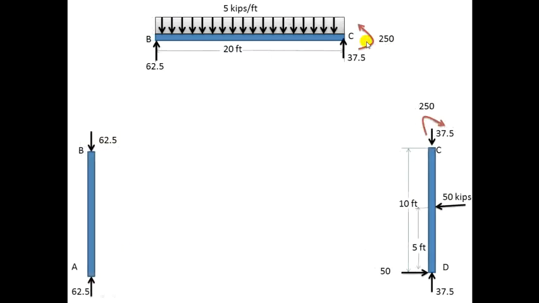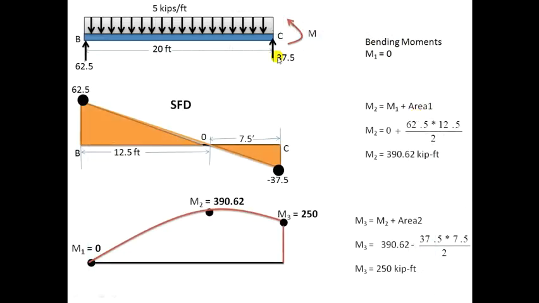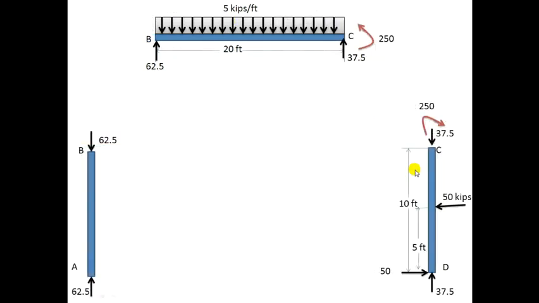Here you can see this 250 moment will be transferred from here to this member. So that is why here the moment will not be equal to 0, but it will be equal to 250. It will automatically come when you calculate, as it is here. This is how the SFD and BMD are drawn for this UDL, and now I will draw the SFD and BMD